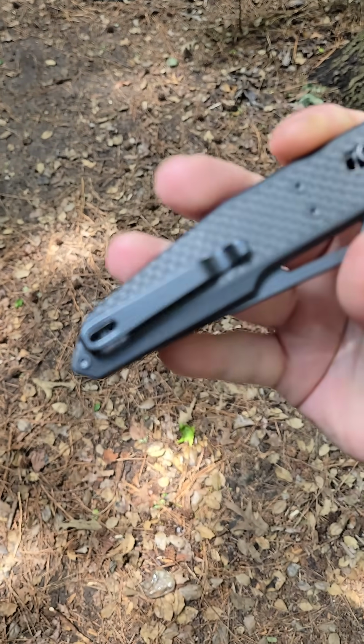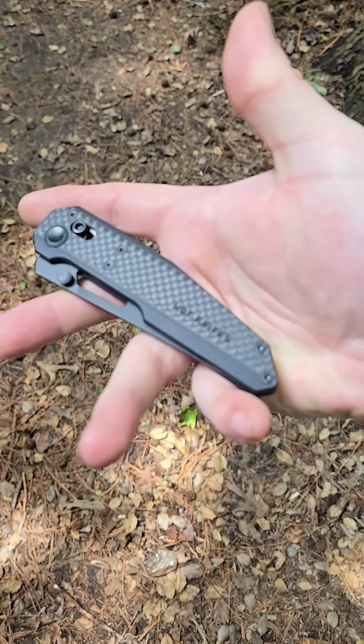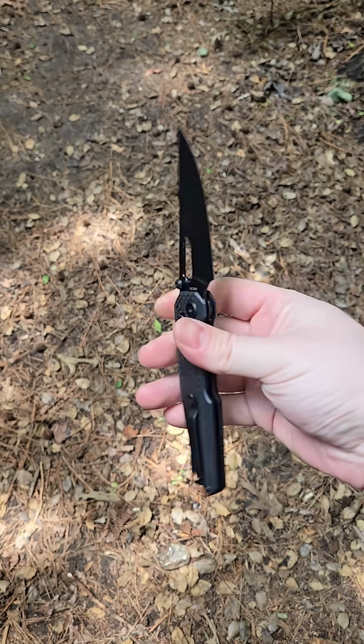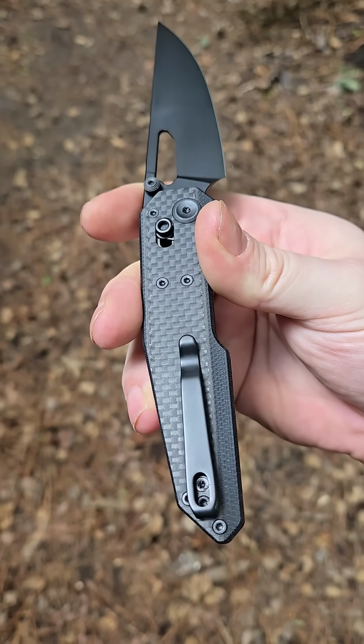I want to show you this one. It's a Hightron Knives, Hot Knives, Hightron. Anyway, it's a 14C28N. It's got a really nice blade on it, carbon fiber. It's like a G10 mix,